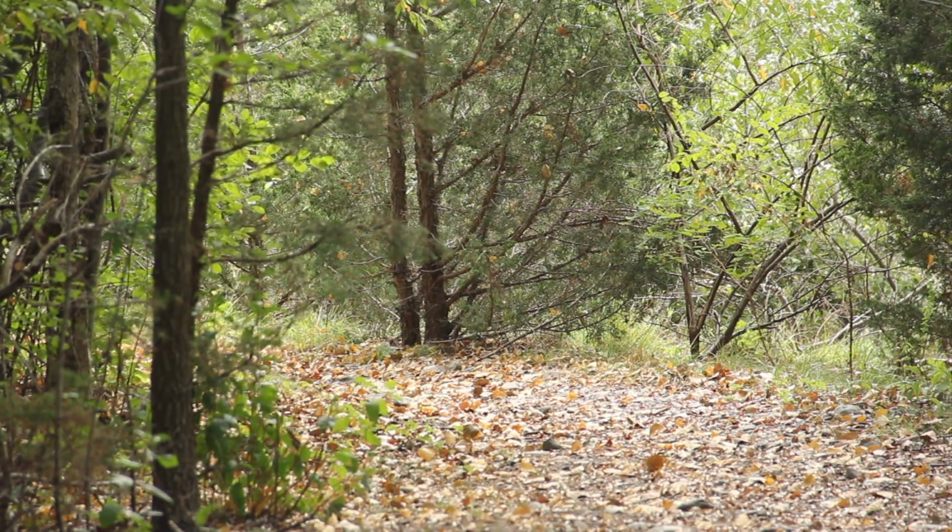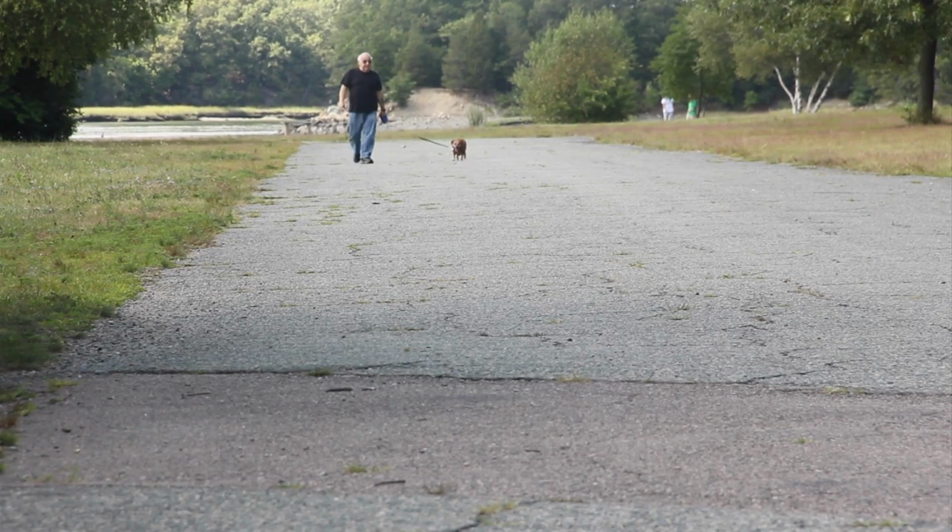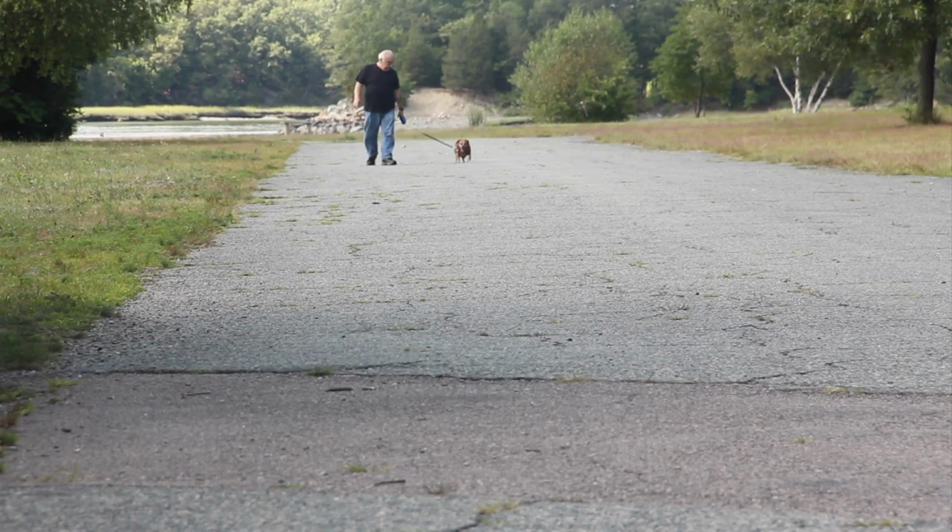There is a legend of a bunker that was buried in the ground. I don't know if this is what you're talking about or not, but it was called Bunker Alley because there were actually 5 bunkers down there that were buried in the side of the hill. A few years ago, we had an incident down there with some homeless people, and since then the state, which actually owned it, it's not part of Bear Cove Park,